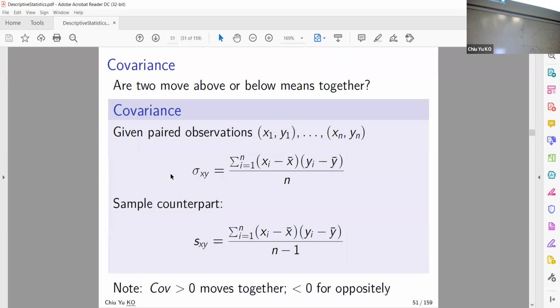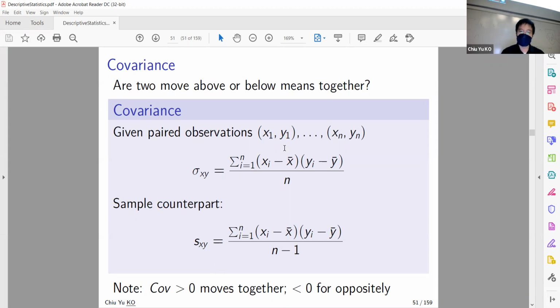Or for business application, you may easily think you are a food store owner. X may be money he spent on his food. Y may be money he spent on his drinks. Then you want to see whether people who spend more on food also spend more on drinks. If they do, then you may want to make a special combo menu that combines the two. If they don't, if it is negative, then you can increase the price of both. It's either complement or substitute, if you learn economics. But anyway,